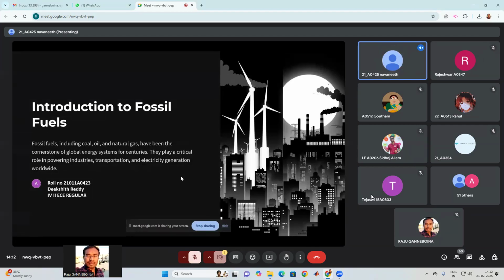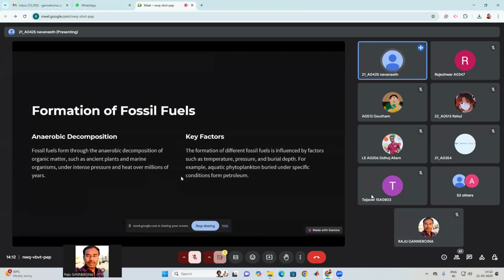So fossil fuels are energy-rich substances formed from the remains of ancient plants and animals over millions of years. These three, as we discussed, coal, oil, and natural gas, are each formed through a distinct process. Let's discuss coal first. These fossil fuels are named so because of the type of formation of these substances. These fuels are extracted from ancient deposits,